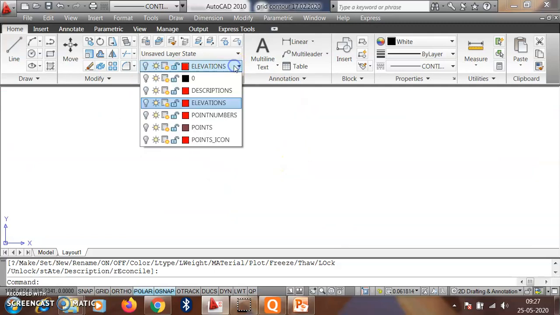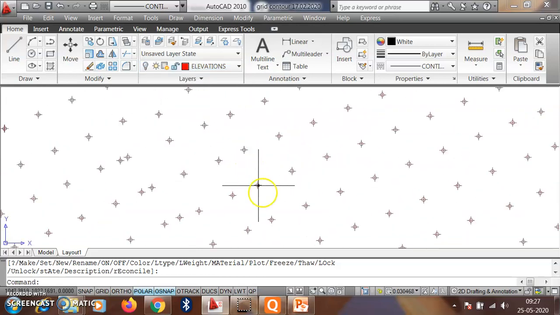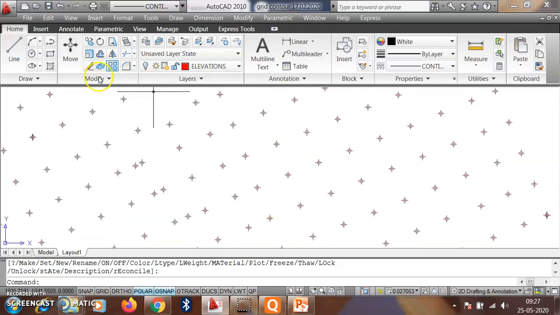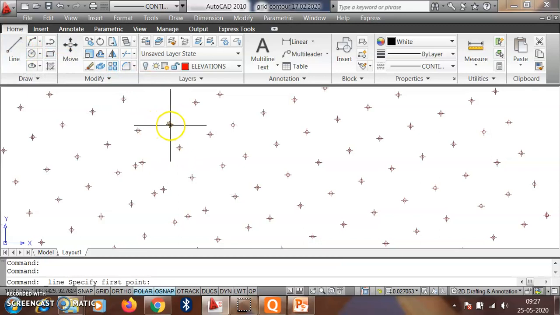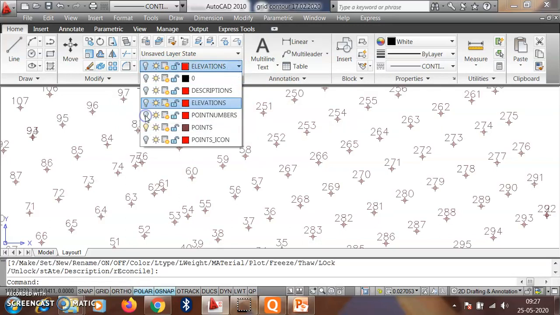Suppose we require only points. In that case we can turn this layer on, and we get only the points, at different locations. Once we turn on the point numbers, we get the point numbers.